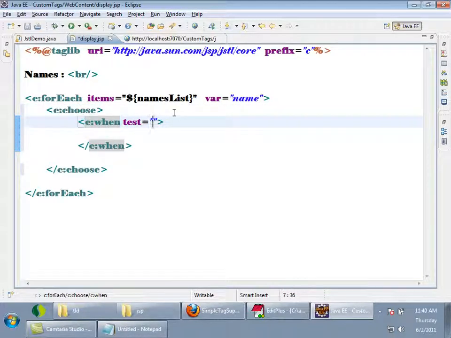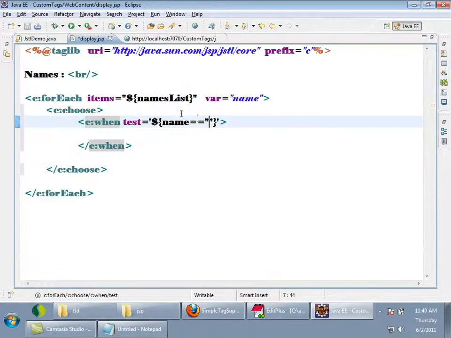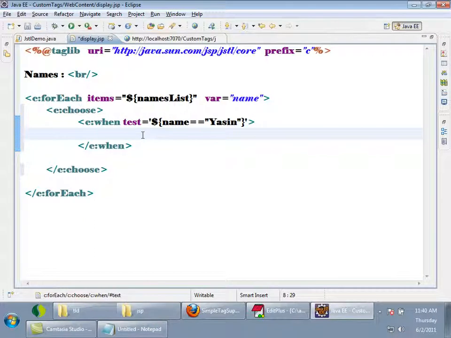When dollar name is equals to, I'll keep this in single quotes, name is equals to Yasin. If the name is Yasin, I want to print it with H1, dollar name.